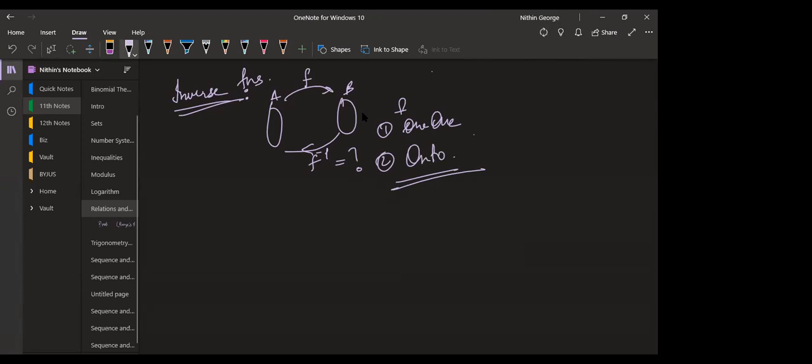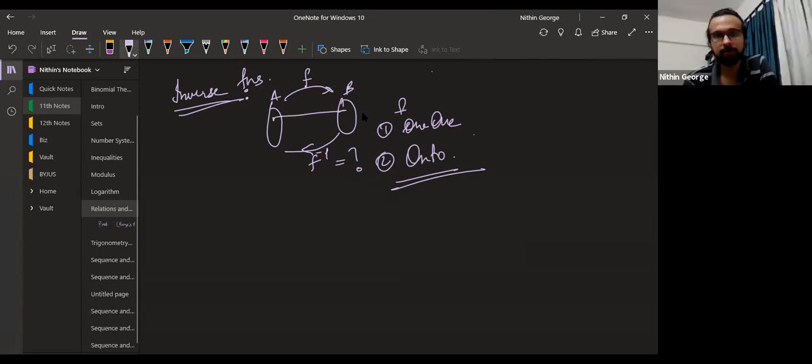Yes, sir. Right. 1-1, because if it's not 1-1, and many elements point to the same one, how can you define the inverse function for that element? Every element should have a unique image. That's not happening, so the inverse function doesn't exist if it's not 1-1. And why should it be onto? Because the codomain of f is the domain of f inverse.